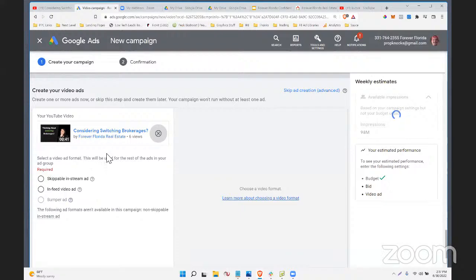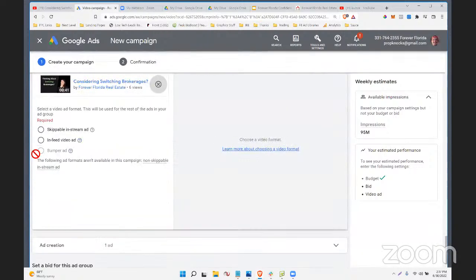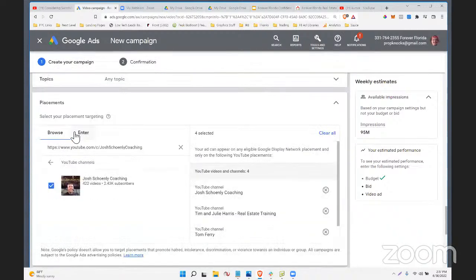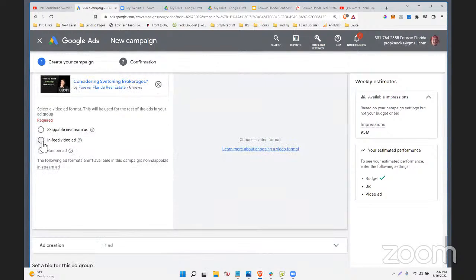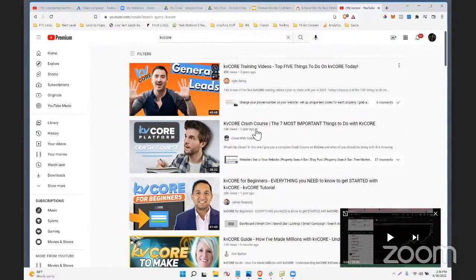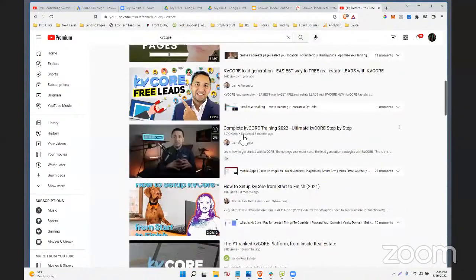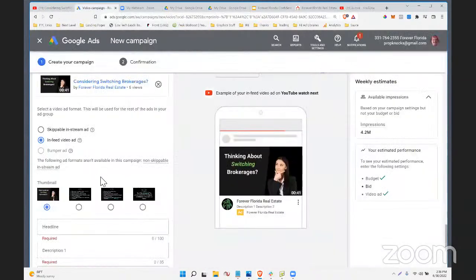Okay. And this is where I was like, remember I scrolled up before and I was like, did I pick the right placement? And now I'm remembering. Here is where you choose. So you can actually do a skippable in-stream ad and have it play for 30 seconds before people watch stuff. I believe on these, it would be if they're watching videos on those channels. But what I'm really trying to do is in-feed video ads. So again, you're searching and this is in their feed. YouTube's going to show it. Okay, so choose the in-feed video ad.